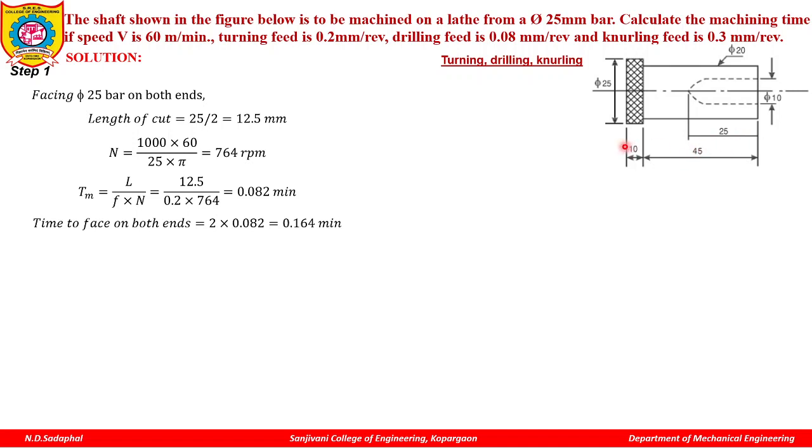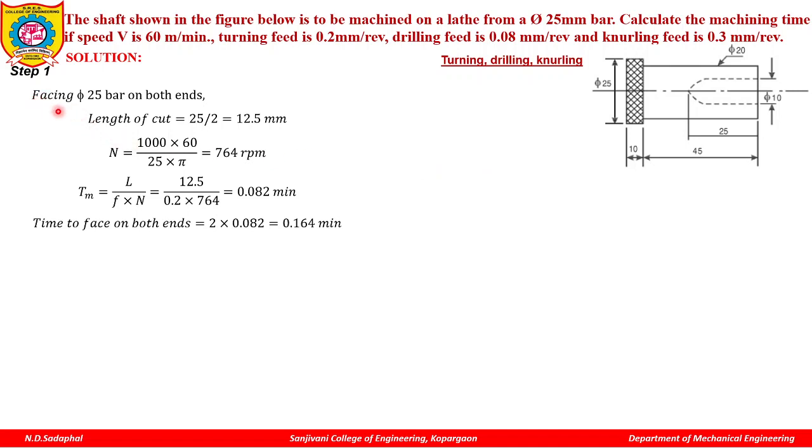So here we know turning is done to reduce the diameter, so you have to reduce the diameter of 25 to 20, so you can use turning operation. But to reduce the length we have to use facing operation. Now here final length of workpiece is 55, 45 plus 10, but raw material will have the length more than 55. Okay, so for that you have to use facing operation to reduce the length. Here facing operation is hidden, remember.